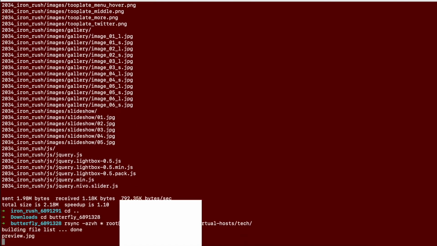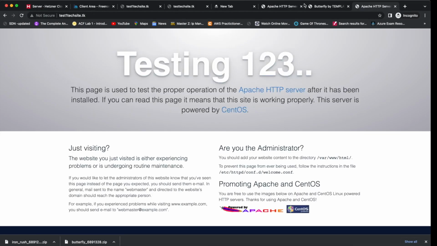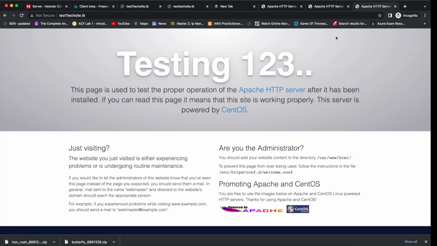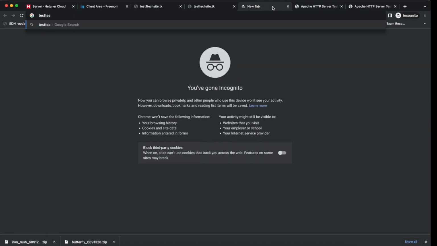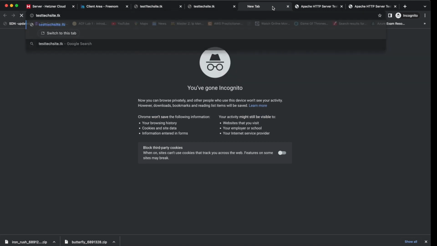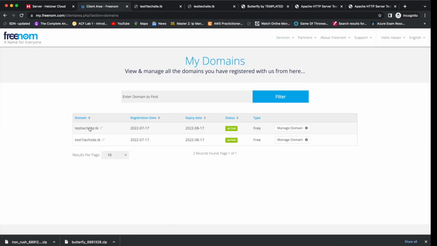So yeah, that's good. Now if you refresh this one, still not showing anything, and this is also on the default page. So we made some mistake here. This is the IP, you can close that. Test tech site.tk. Now this is the butterfly, of course. If we go to the domains here, my domains, it's easy to do things. So this is registered, which we have everything here, but this is still showing the Apache server, and we